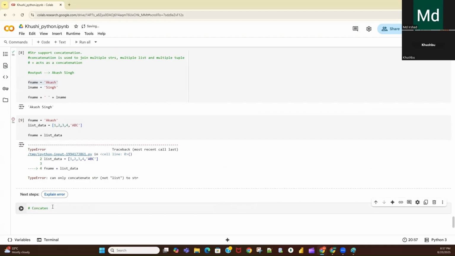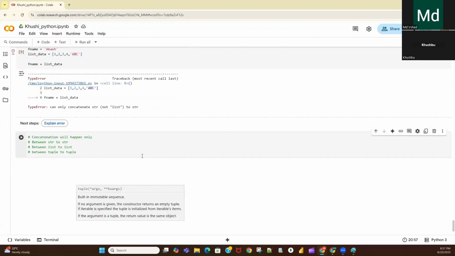So concatenation will happen only between string to string, list to list, and tuple to tuple.